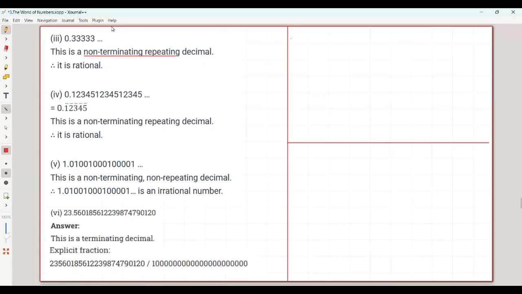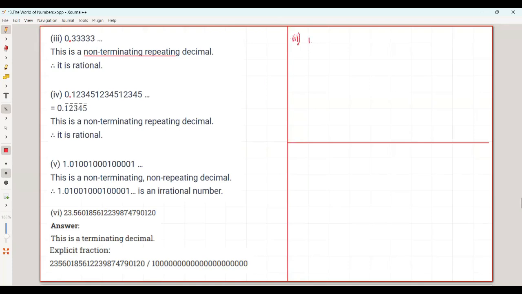First step, right? They have given this non-terminating repeating, and the repeating digit is coming immediately after the decimal point. Since the digit is repeating immediately after the decimal point, it is called a pure repeating decimal. If it's not repeating immediately after the decimal, that is called a general repeating decimal. This is repeating immediately after the decimal point, therefore this is a pure repeating decimal, right? So now the first step for the third one,